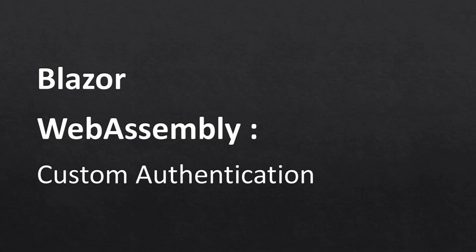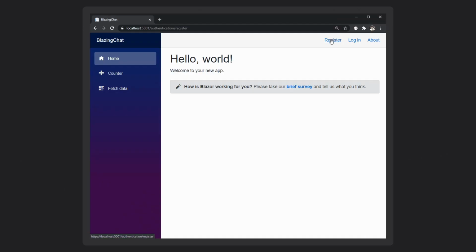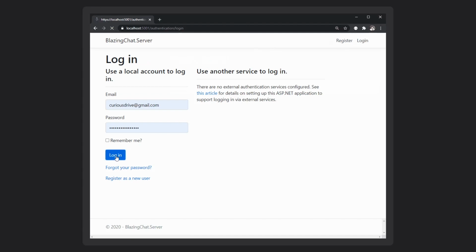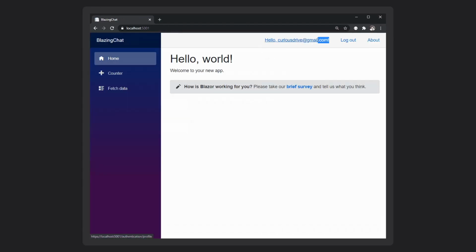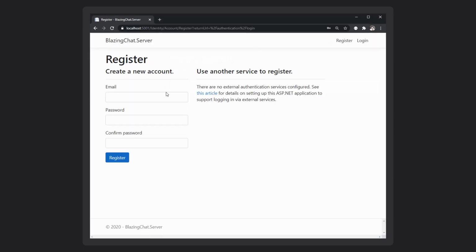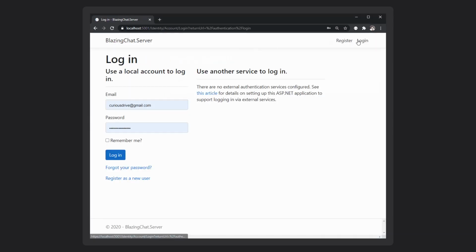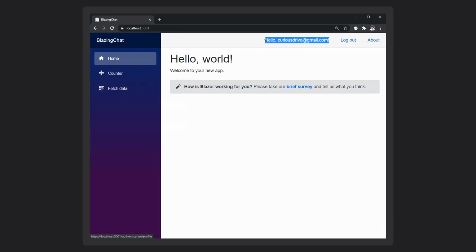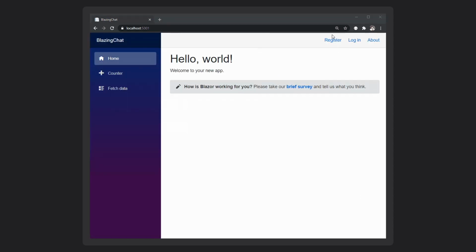Hello everyone, in this episode I'm going to talk about custom authentication for Blazor WebAssembly applications. We can add authentication support when we create Blazor WebAssembly applications, and Blazor creates database tables for us so that we can store users, its roles, its claims. It also creates pages for us so that we can register and log in user, and it also maintains the